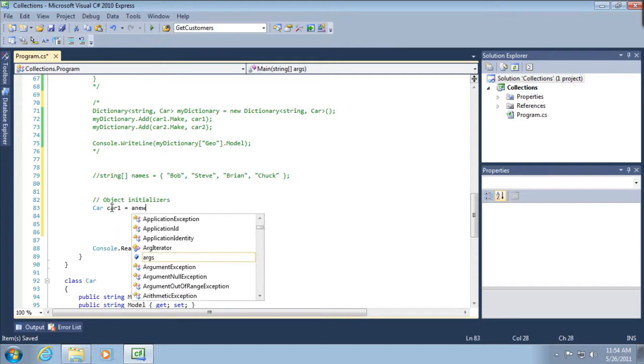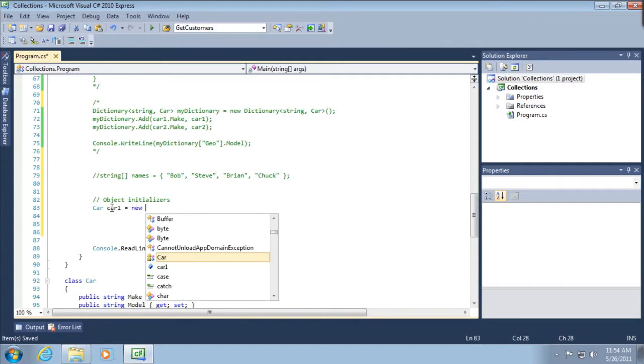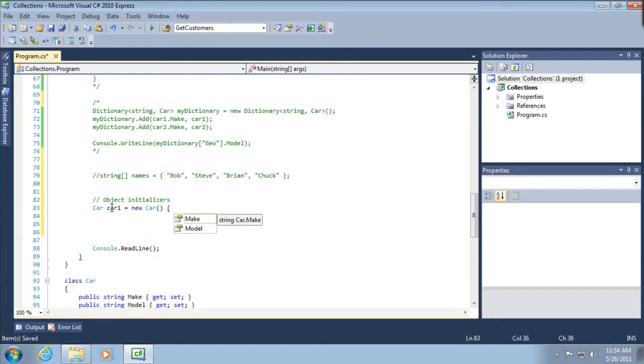Car1 equals new car. Now notice when I hit the spacebar on my keyboard, it shows me all of the public properties that are available for the car type, the car class. So I can simply set make equal to Oldsmobile, model equal to Cutlass Supreme,